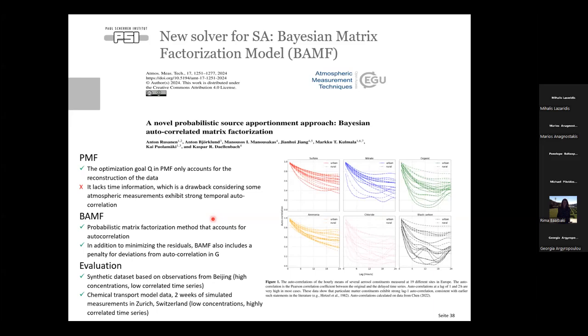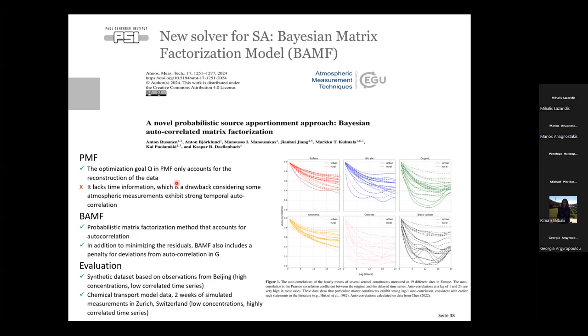Practically the difference is, as you see here, in PMF, the goal is to optimize Q, which is to optimize the reconstruction of the data, so to minimize the residuals. But the problem in PMF is that it does not use time information.